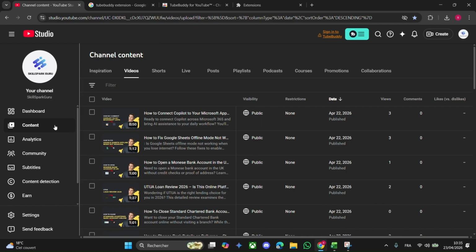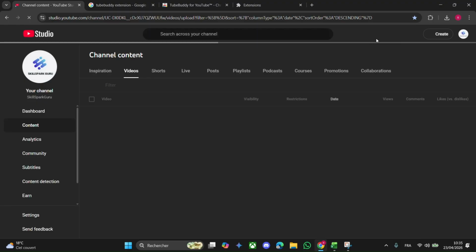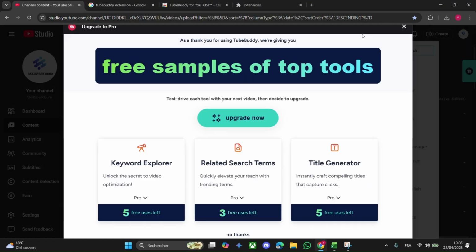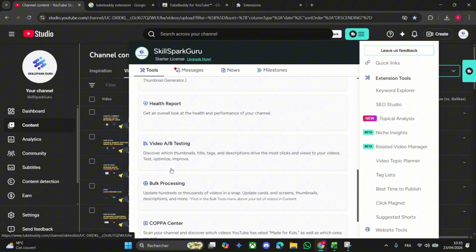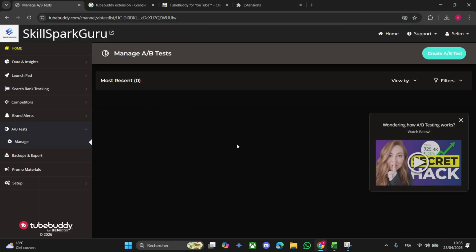Now head over to YouTube Studio and click on your TubeBuddy extension. Let's refresh the page first, and here just click on your TubeBuddy, then head over to the bottom of the page. You'll find video A/B testing. Click on it. You'll be directed to this Manage A/B Tests dashboard to test your thumbnails, the better performing thumbnails